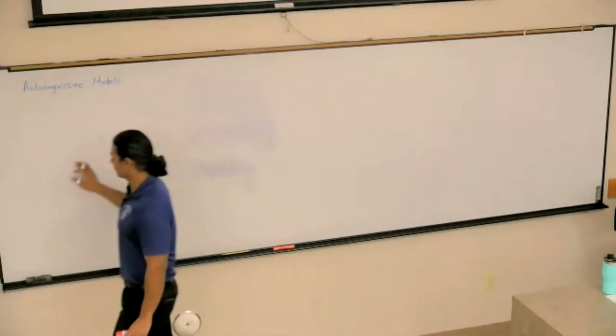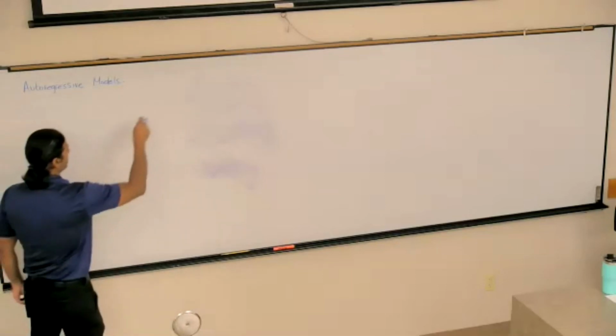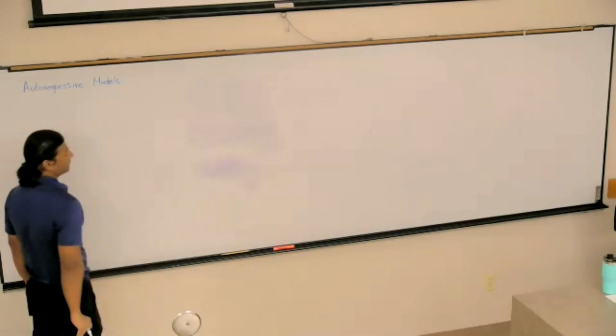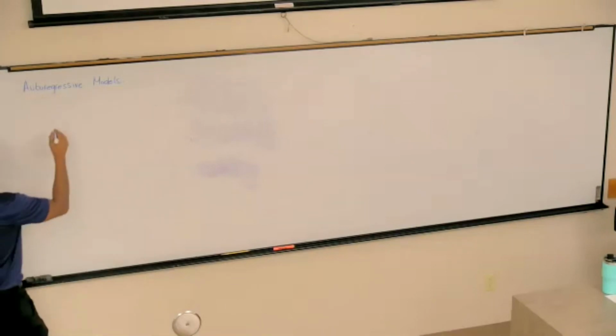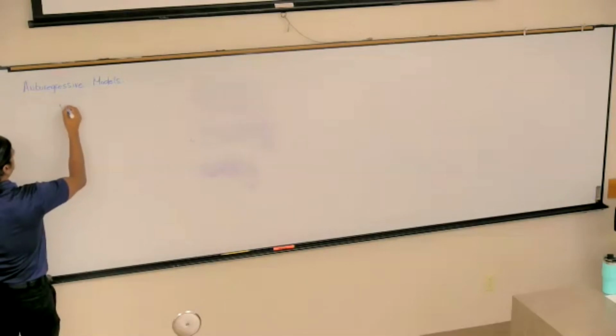If you recall from last time, we did a moving average model and we looked at the condition for invertibility. The root has to lie outside the unit circle. If it doesn't, then we cannot invert it. The last example that we did, it was invertible, and we had the expression